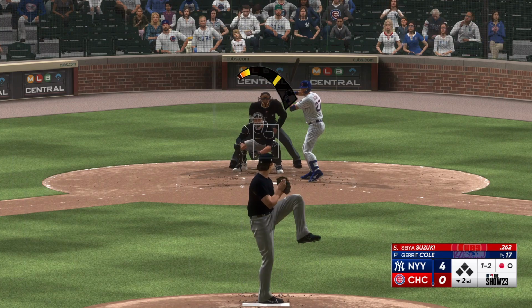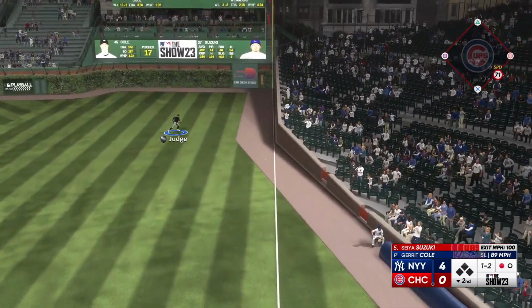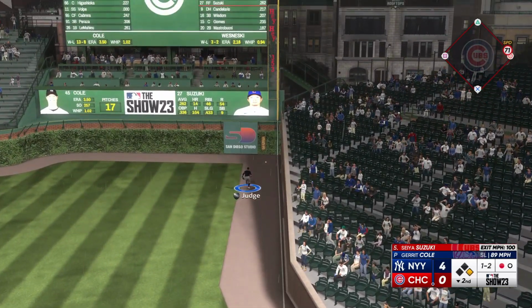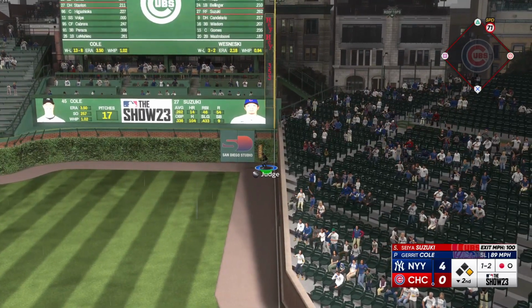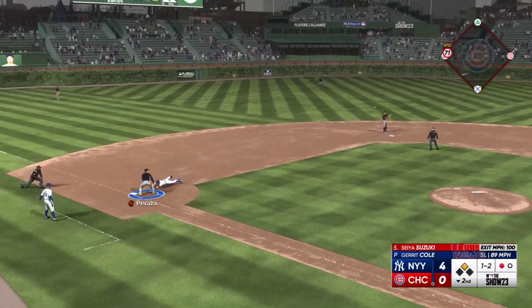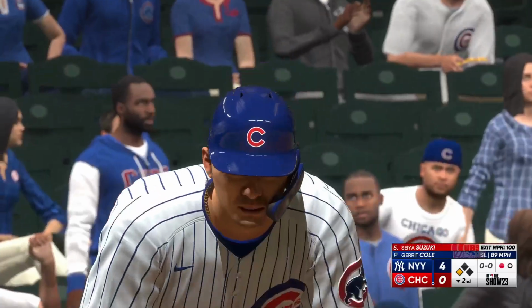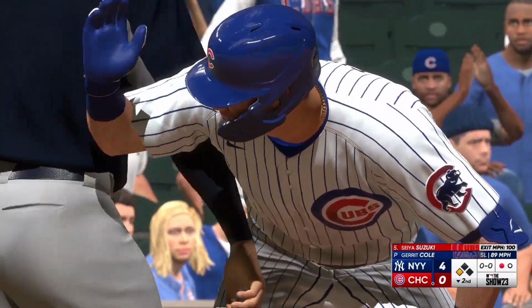The pitch. On the ground, right side, and it stays fair. Now he'll turn for second. Not stopping. He's going for 3. In there safely. Well, that certainly feels good when you can win the at-bat after being down in the count,